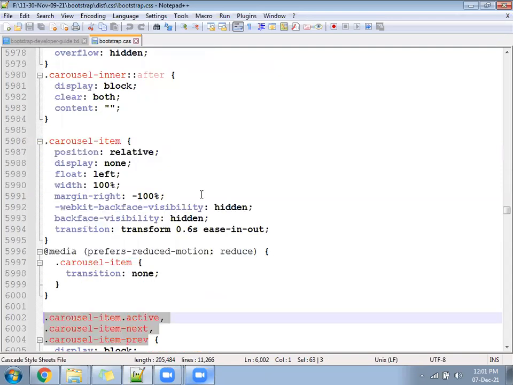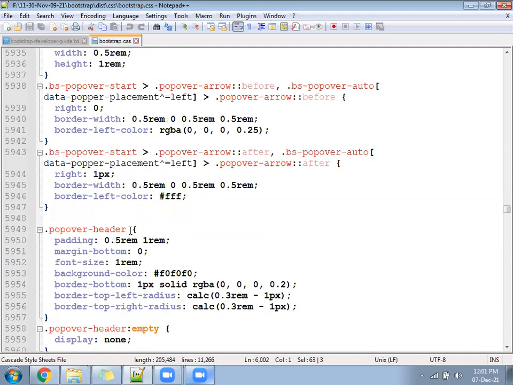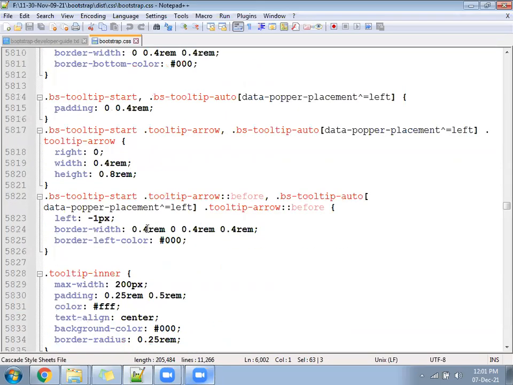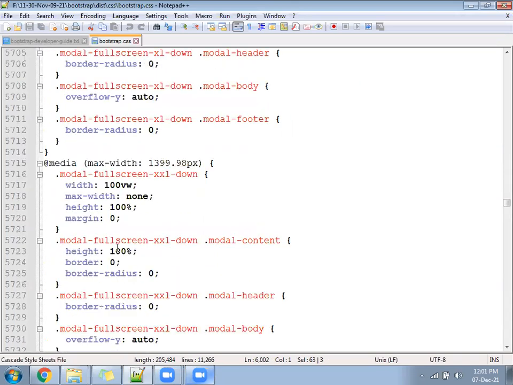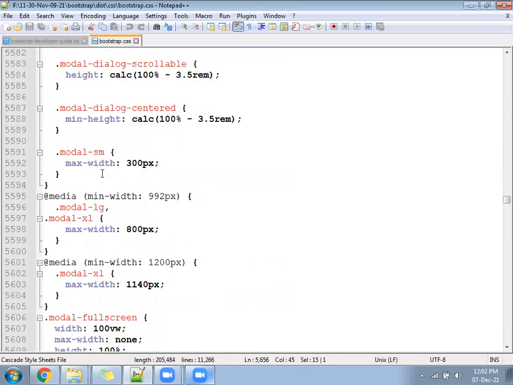Look here. Next, take any line anywhere. You can see all are based on class only. See, which method is this again? This is called the parent class, and this is called the child class. So it is CSS by parent and child.